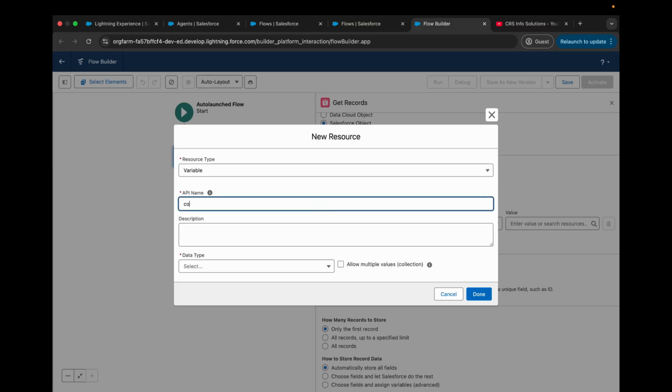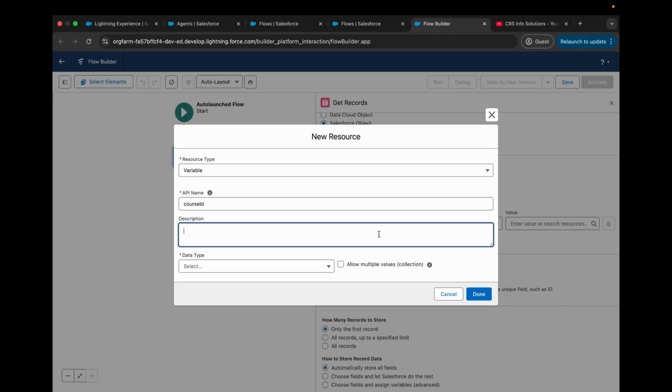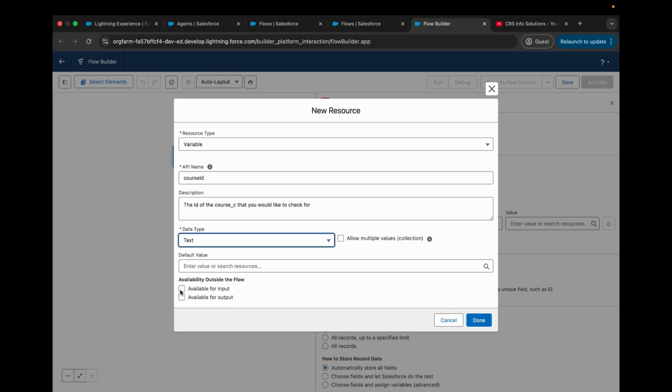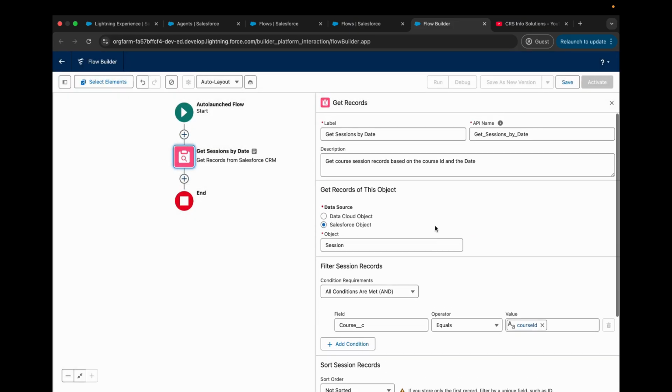So for this one, I'm going to call it course ID because we told the agent to give us just the course ID. And we will say that this will be the ID of the course that you would like to check for. And the type of this variable will be text, and we will check the available for input. So in here we are saying that